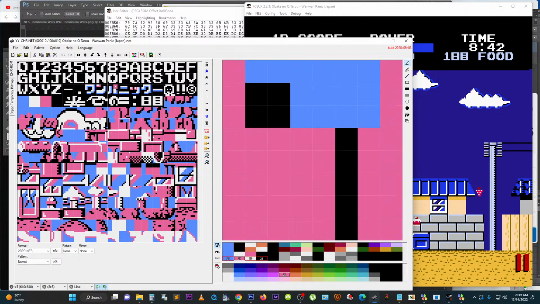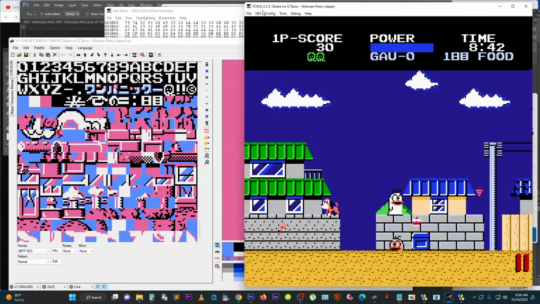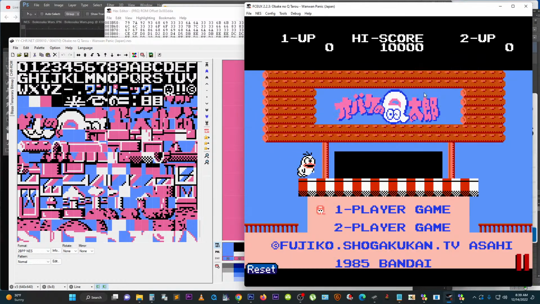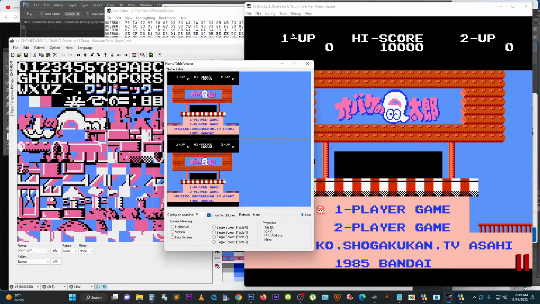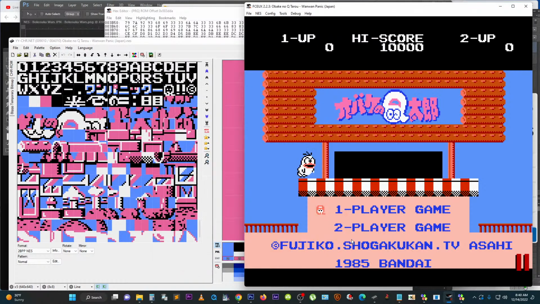And here's bits and pieces of the title screen logo. I'll reset it so you can see that. So here's that logo on screen, and then here's how it appears in the game itself. And there's also some text here, Fujiko